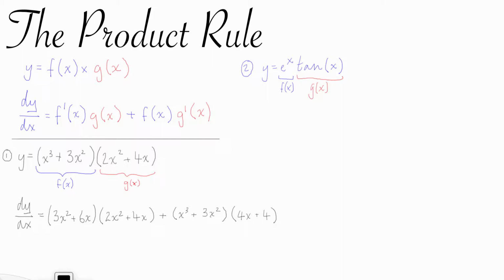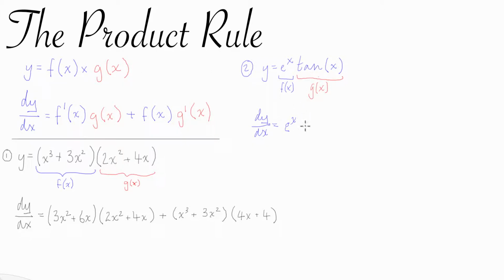So the derivative of this thing is going to be equal to the derivative of the first function. Now the derivative of e to the x is a special one where the derivative of e to the x is e to the x